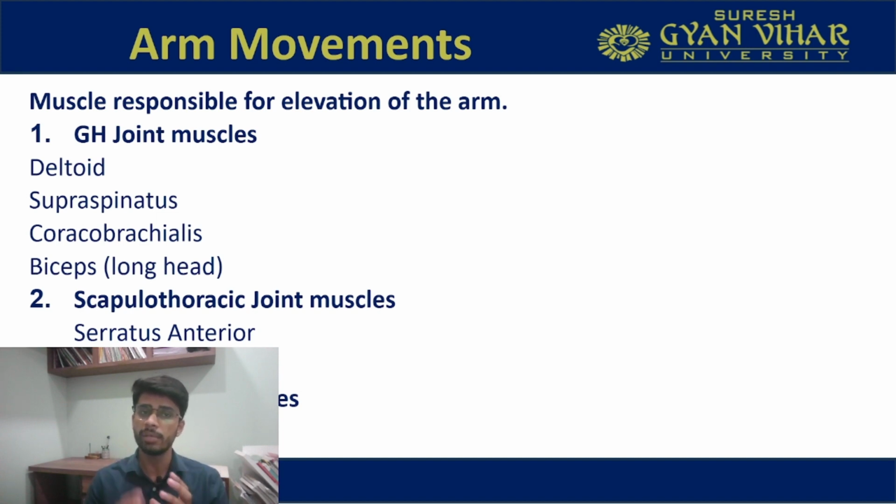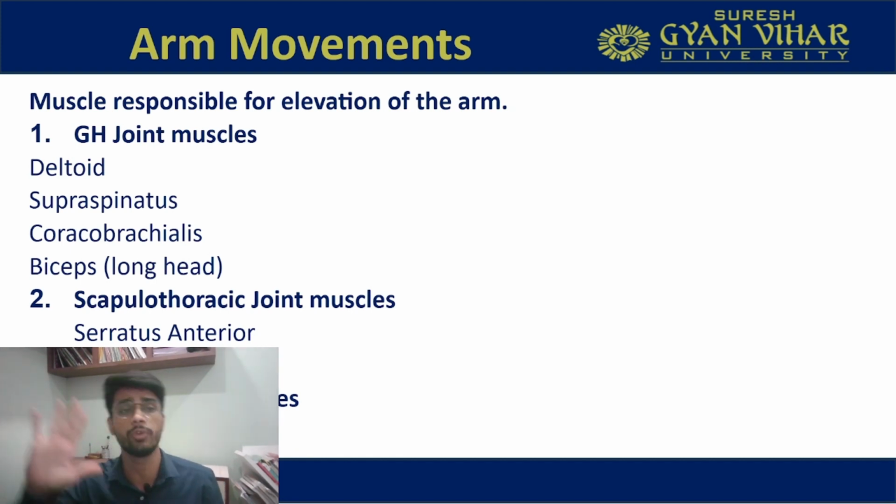We will study them with the movements of the arm, because whenever we are elevating the arm, we can elevate it in the form of flexion, or in the form of abduction. Whenever we are doing these two motions, we are actually upwardly rotating the scapula. In order to rotate the scapula upward, there is a force couple which works in a very important fashion, that we are going to see in the coming slides. Now the muscles which are responsible for the elevation of the arm.